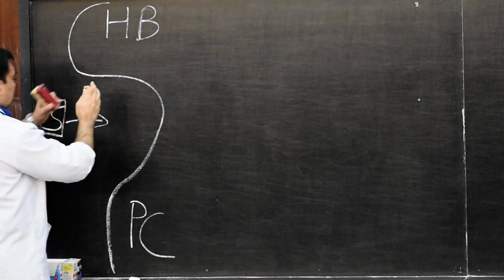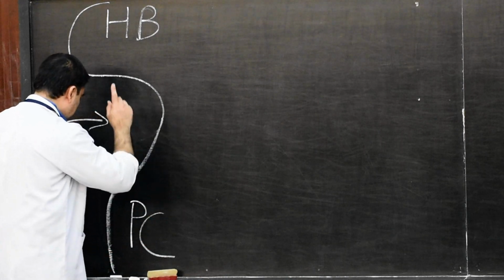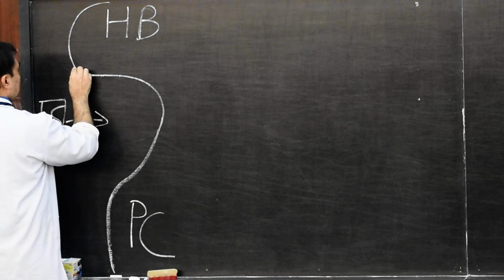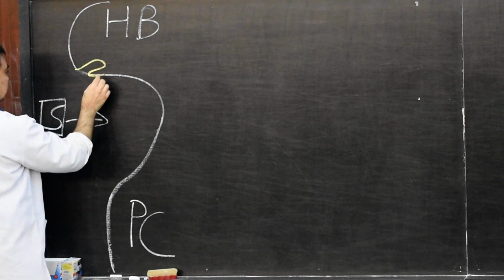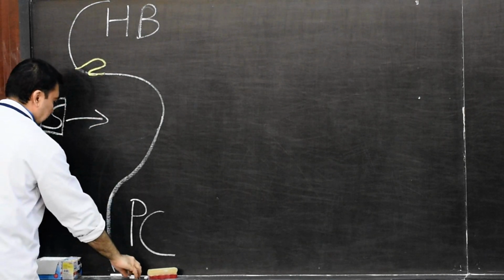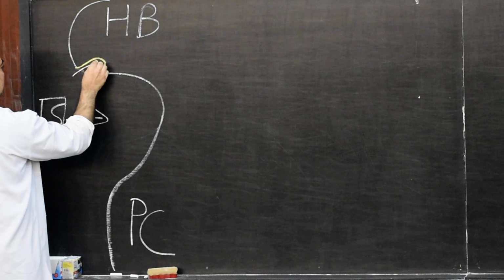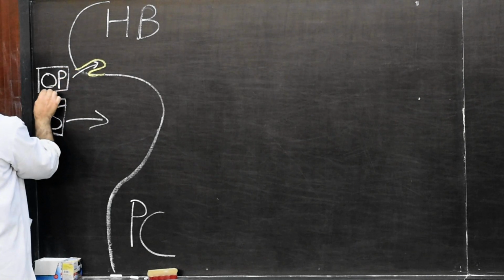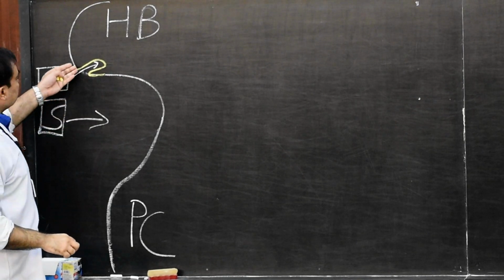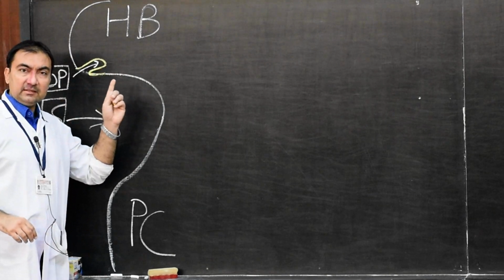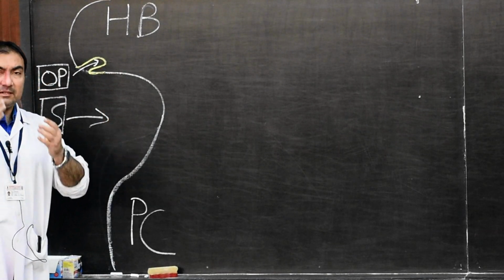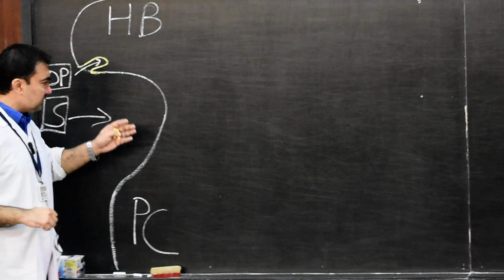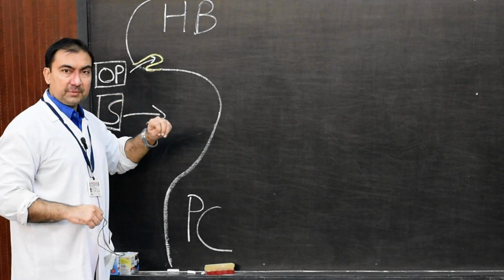Now, as we know, there will be development of olfactory pits at this point. So this is to show that olfactory pits have developed at this stage. I will put a small arrow inside and write here olfactory pits. Now these olfactory pits will elongate deep inside. These olfactory pits have already developed during the development of the face that we have discussed. This is a sagittal section in which we are discussing the development of olfactory pits.